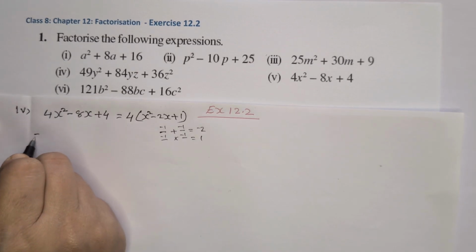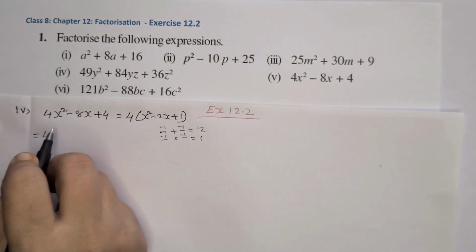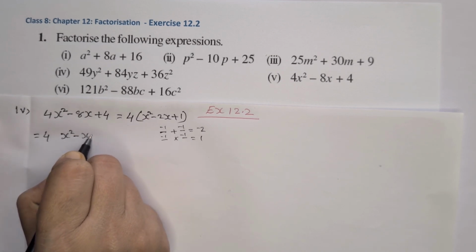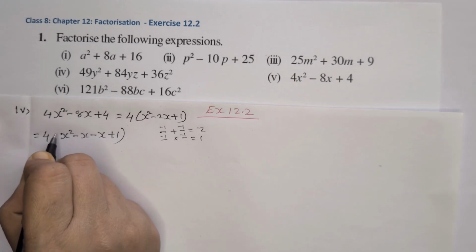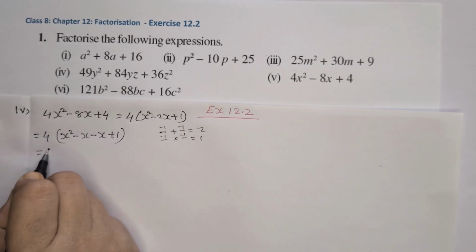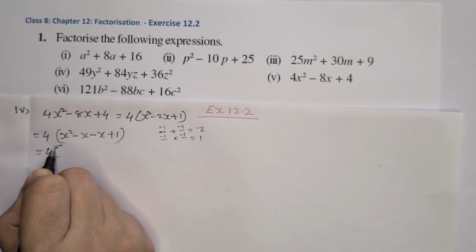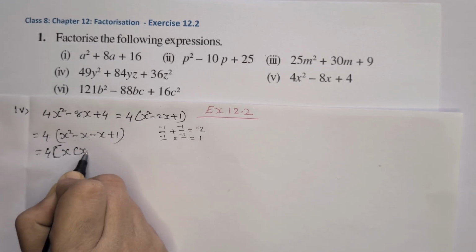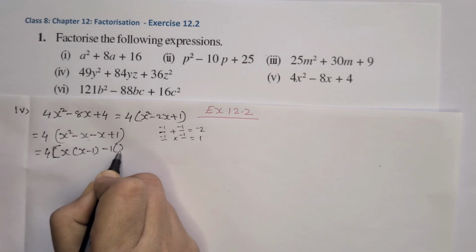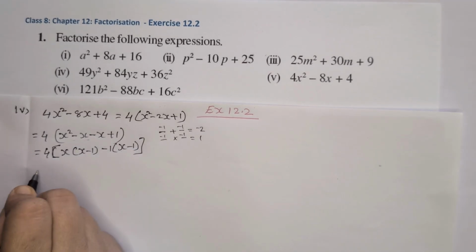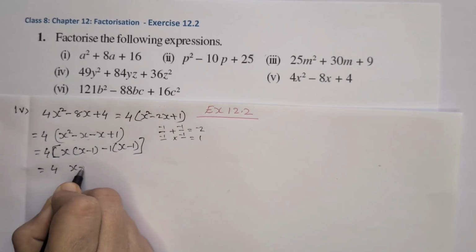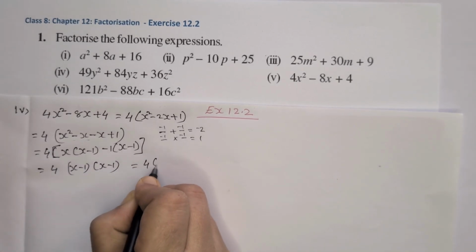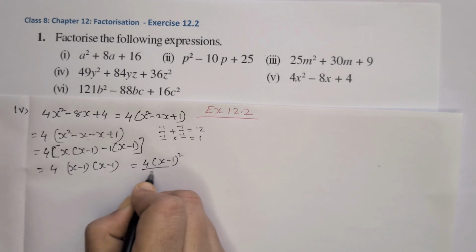So we can write that is equal to 4 into the bracket thing, that is x square minus x minus x plus 1 inside the bracket, which is equal to x we can take as common from here. So x into x minus 1, here minus 1 as common, that means x minus 1. That means 4 into x minus 1 into x minus 1, which is equal to 4 into x minus 1 the whole square.